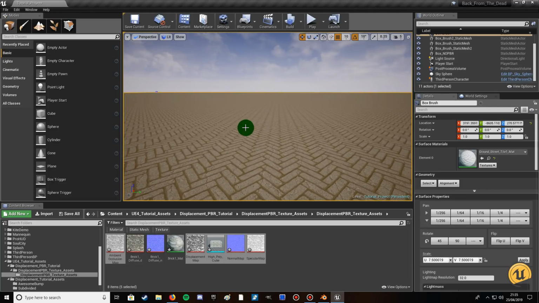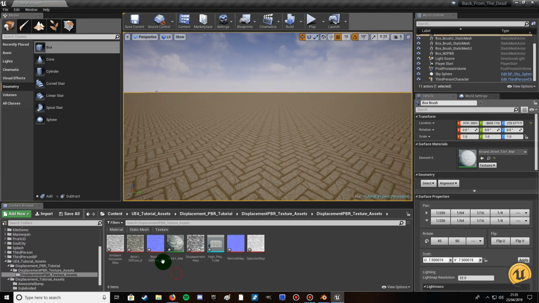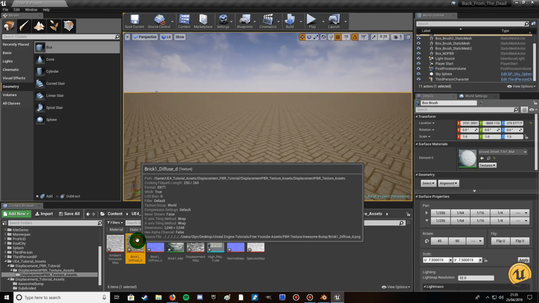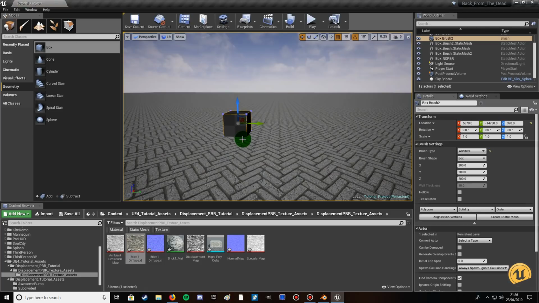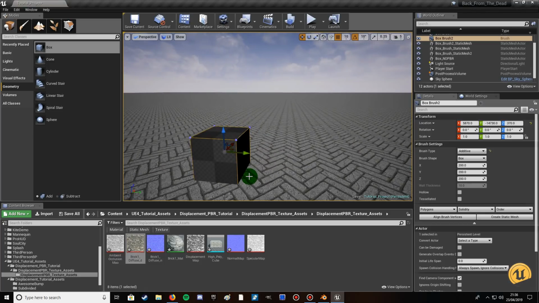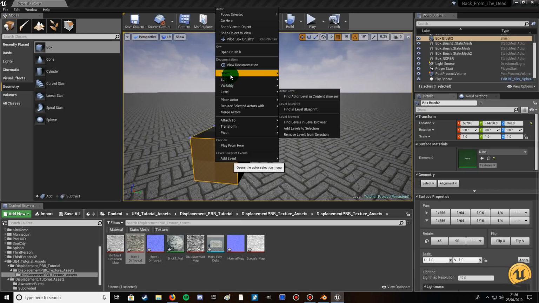Okay, so now what you want to do is go to your geometry, get a box. Before you get a box, click the texture you want. We want brick 1 diffuse, then drag the box out. It hasn't actually applied the texture. What? How annoying. What you can do is right click, select